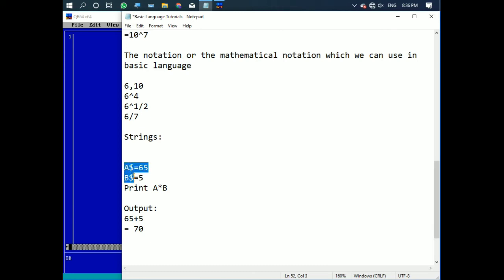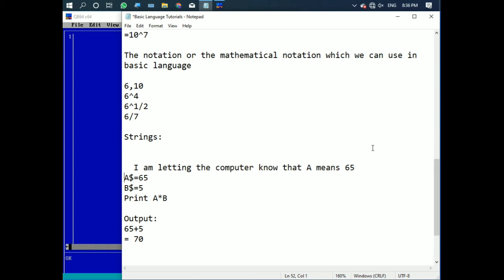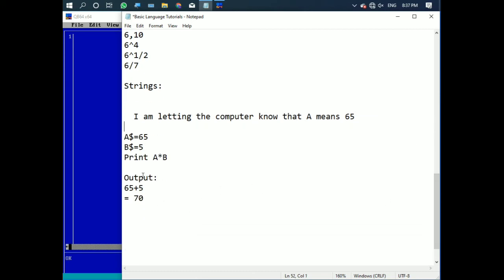String means I am letting the computer know that A is 65. So I am writing this dollar thing. The dollar sign is very important for learning this basic language, not only basic but Python, Java, any language needs this.